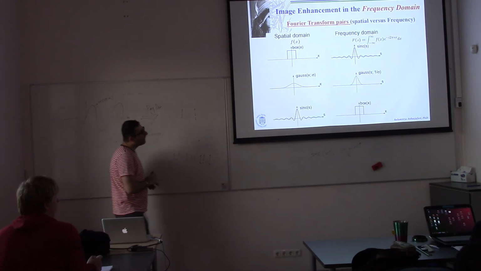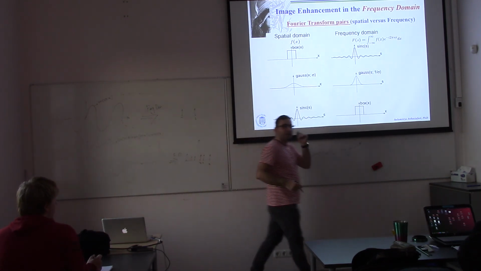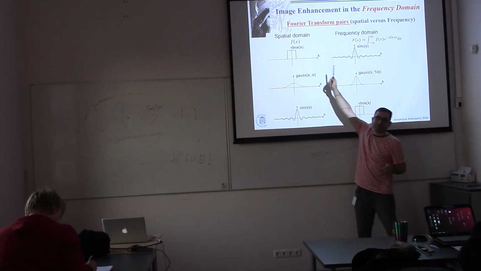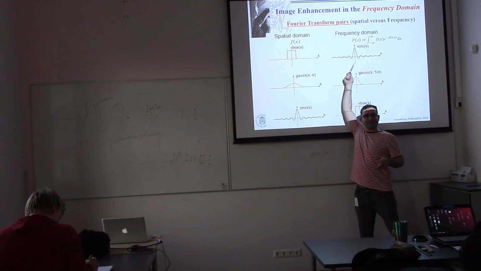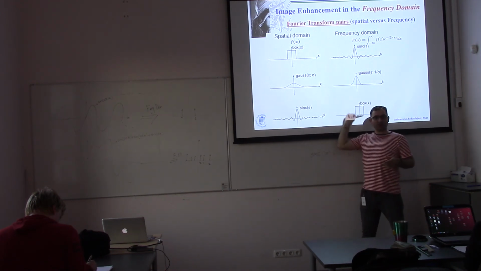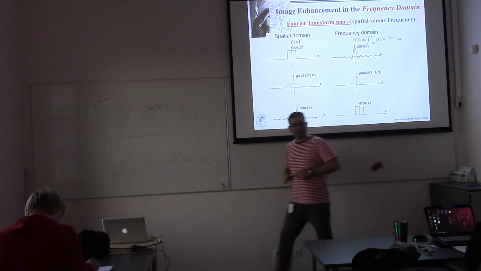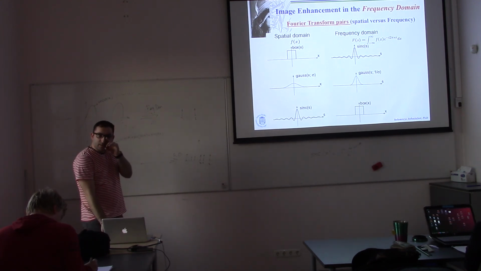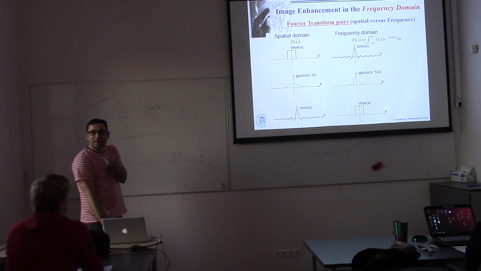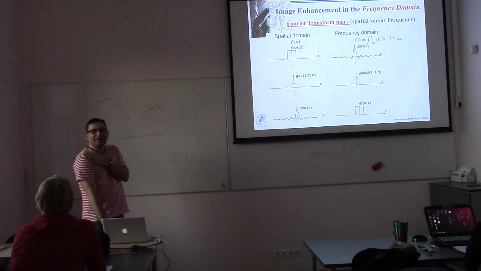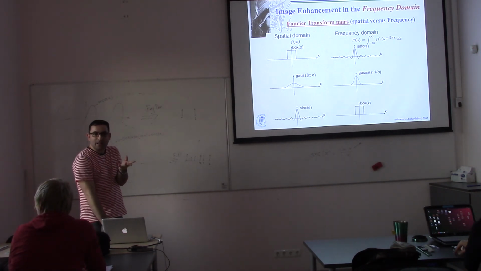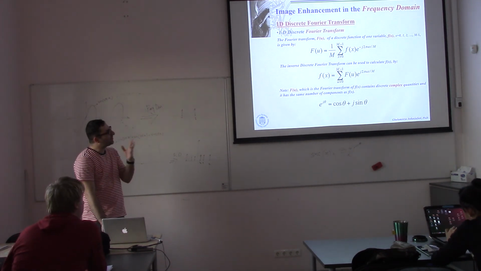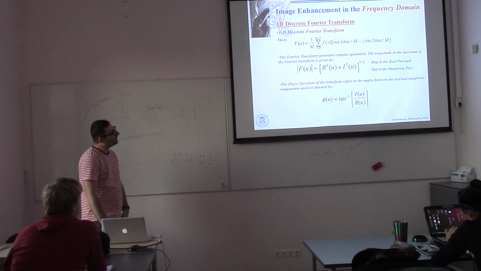So here you can see all of them in one picture. If in the time domain you have a box or a square, you get sinc. If you have sinc, you get a square. If you have Gaussian, you get Gaussian, right? When we come to the concept of digital signals, which are 2D, the integrals, because it is digital, will turn into summations, and because it is not one dimension but two, we will start to get